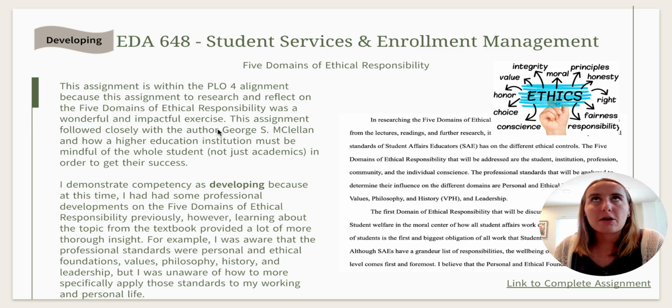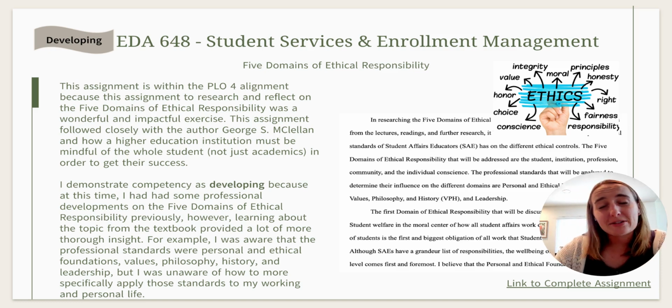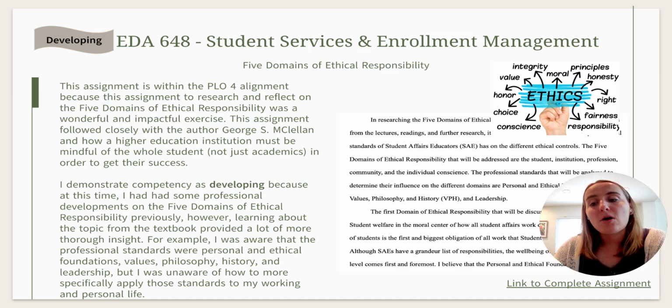and conducted for himself with his personal experiences from being an elementary school teacher, working through every aspect or part of higher education you can imagine, and seeing what was truly the key or the secret of developing a successful student. And he summarized it into the 5 domains of ethical responsibility. So what was the responsibility of instructors, of teachers, of administrators, and how will that impact the students for the better? I demonstrate this as developing, because at this time I had some professional developments on the 5 domains of